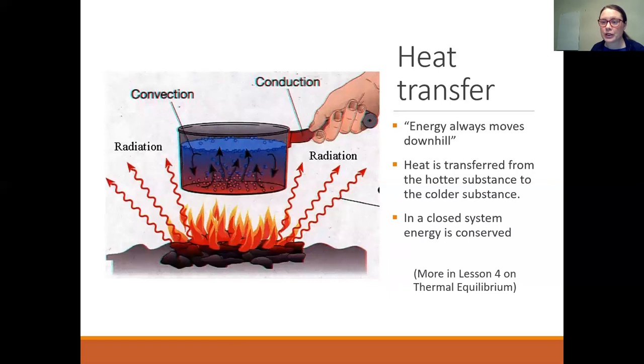The other thing we need to look at right at the beginning is the types of heat transfer and what way heat is transferred. Now, because heat is energy, energy always moves downhill. If you need proof, think about how you feel after you've had a cup of coffee. For most of us, it gives us an energy boost. Our energy doesn't continue to increase, it always goes downhill. It's like that for all energy